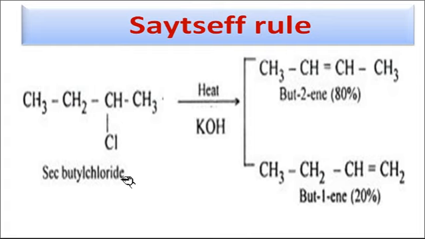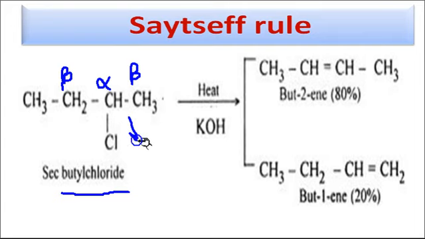For example, here, now this is the secondary butyl chloride. So this is our alpha carbon atom, and these carbon atoms are the beta carbon atoms. So we have here two types of beta carbon atom, one having the methyl group as well as the hydrogen as substituent groups, while in the other kind of beta carbon atom only the hydrogens are the substituent groups. So in the first step, carbocation is formed. What carbocation is formed?